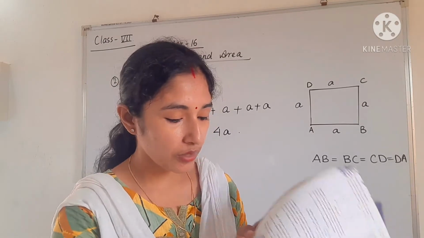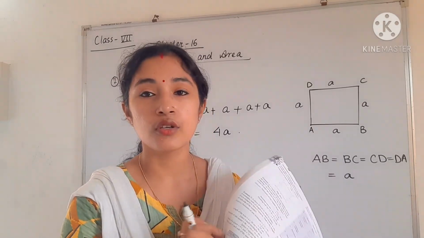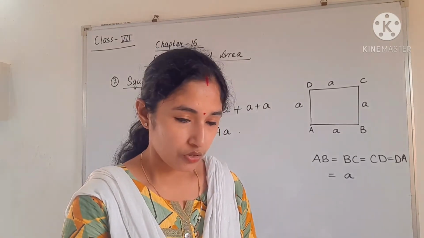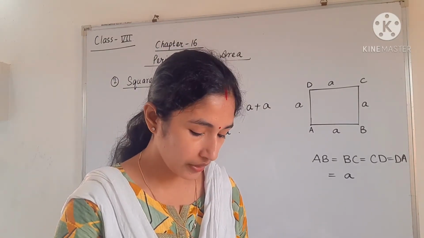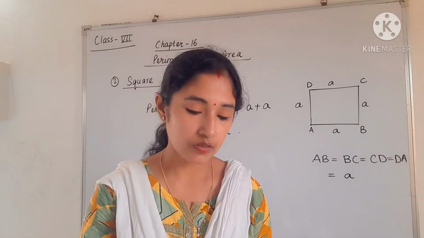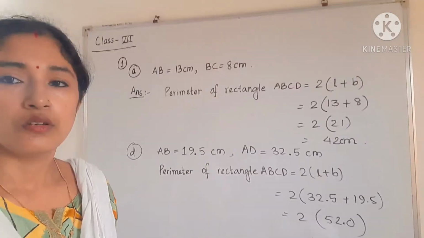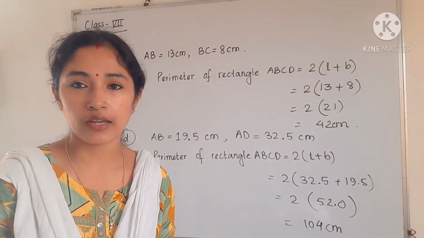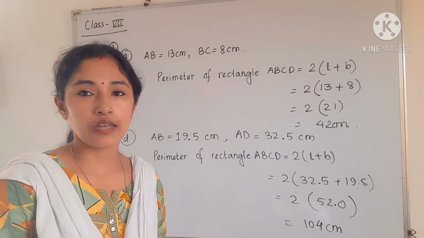So you have to remember these formula. And here the small table is there. This one, try this. So this one is very simple. So just try this one. Okay. So next I am starting the next exercise, that is exercise 16.1. So you can see in question number 1 we have to find the perimeter of the rectangle. Here the adjacent sides are given.